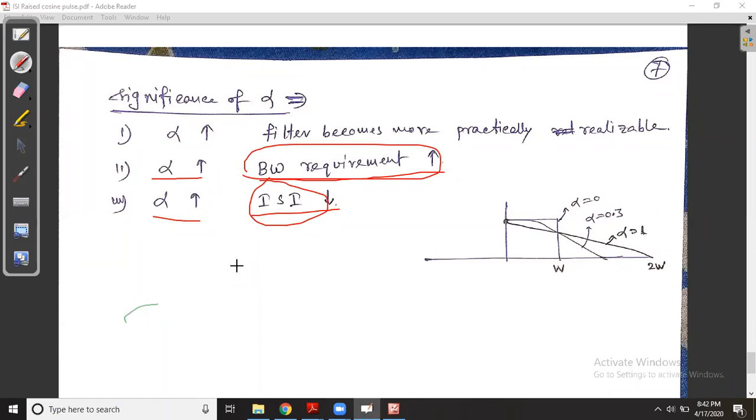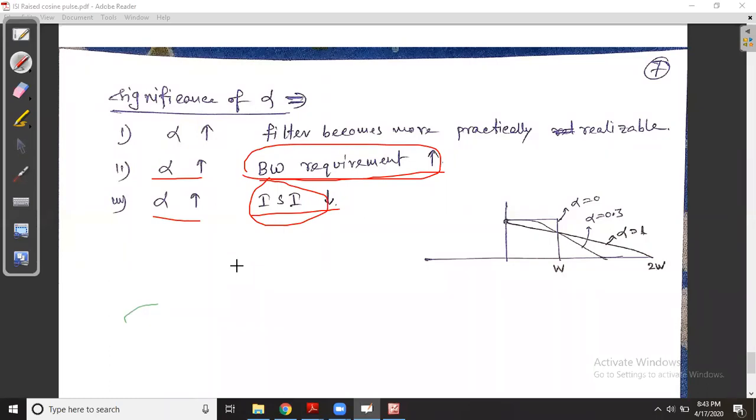At the industry level, where they are designing a sinc pulse, they are practically thinking about what the value of alpha should be, depending on the application. In some cases, noise should not be there, but in some cases we can allow a little bit of noise. In FM we allow noise because it is an entertainment thing, so if a little noise is there, no problem. We are trying to restrict the bandwidth.